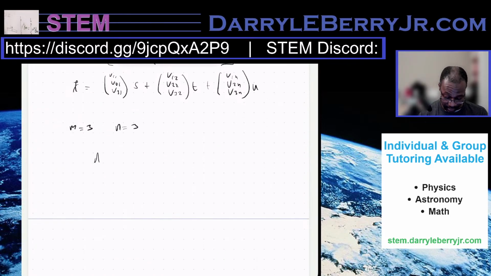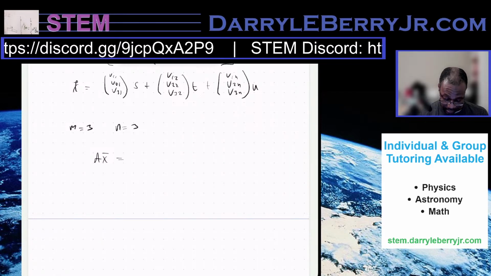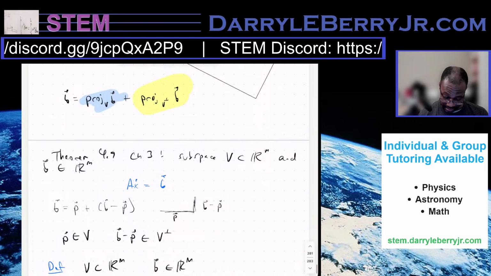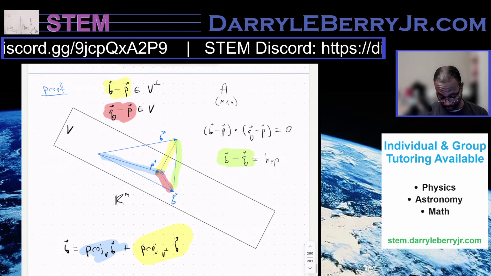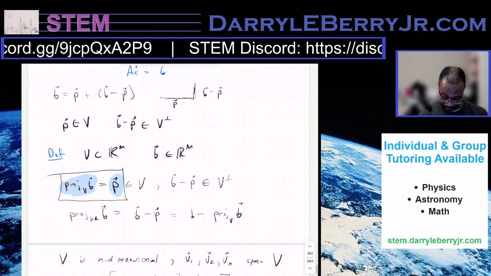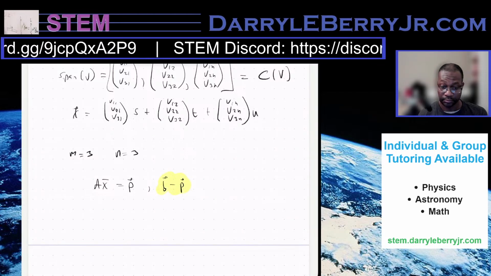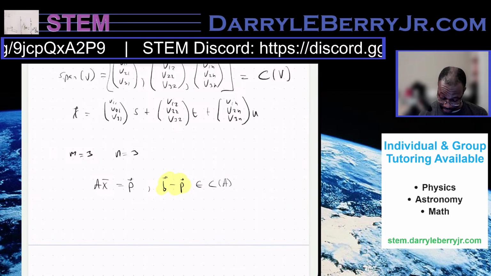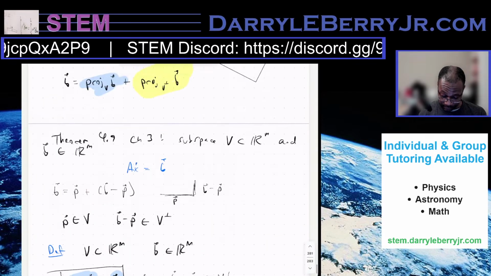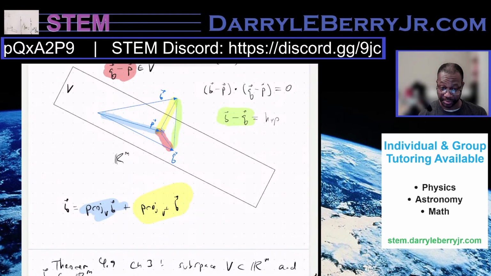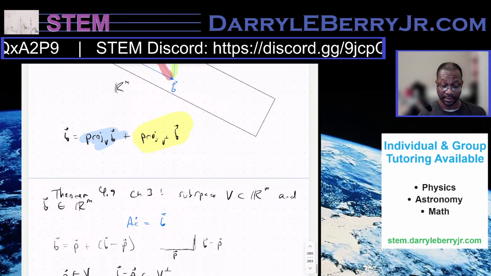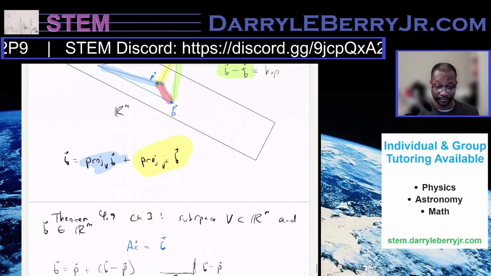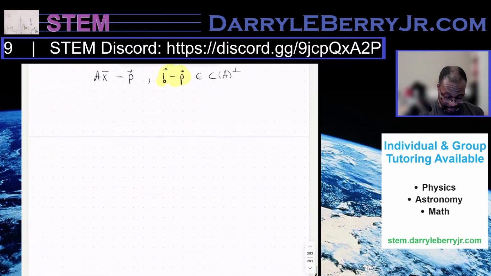But we want AX equals P, where B minus P, which again is the yellow line, is in the perpendicular to the column space of A. So the column space of A spans V. So the perpendicular to that, B minus P, is there, which makes sense, which is the yellow line. So by theorem